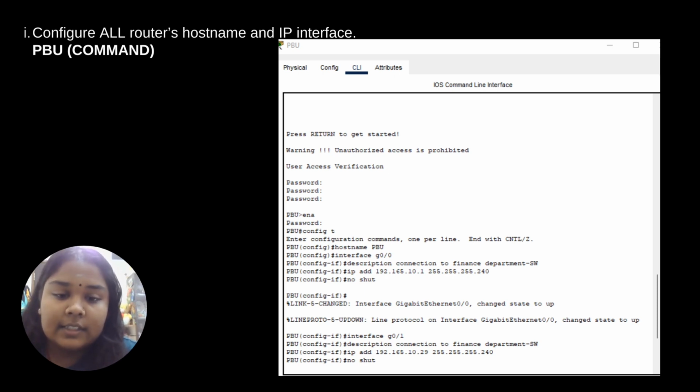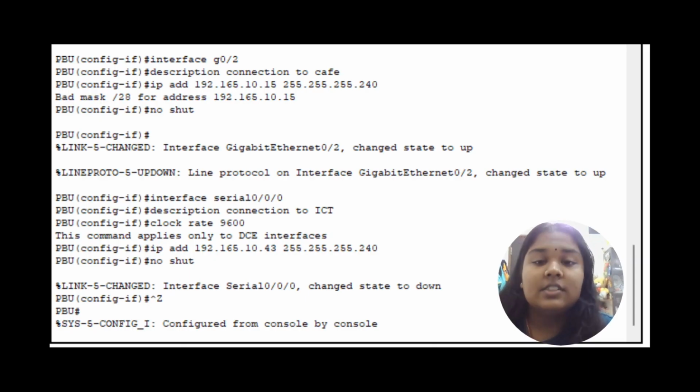And then interface G0/1, description connection to finance department, IP address 192.168.10.29, subnet mask is 255.255.255.240, no shut. And then interface G0/2, description connection to the cafe,